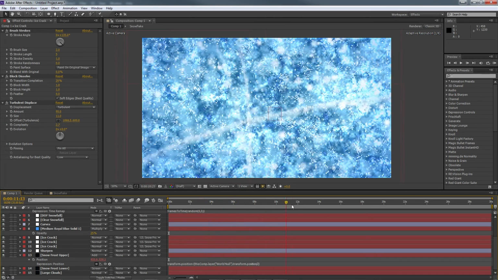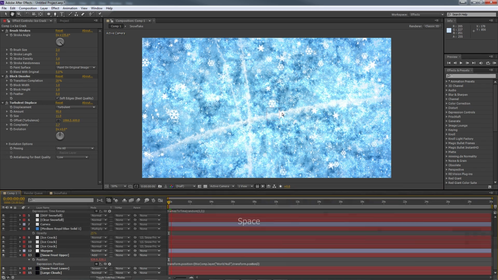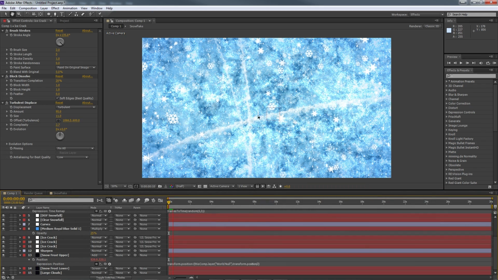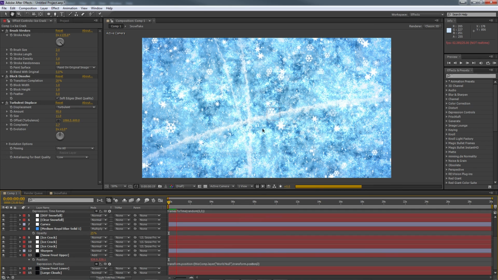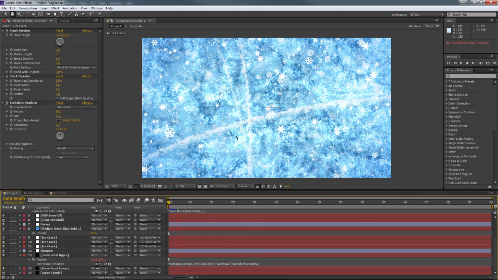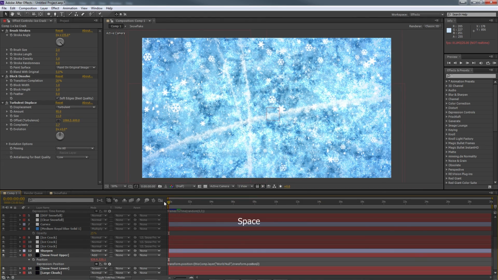And there you have it. You can see everything's flowing around and moving around, and the preview might take a little bit of time because there's a bunch of different particle effects and fractal noises on top of each other, but you can see that's kind of giving us the look that we want,